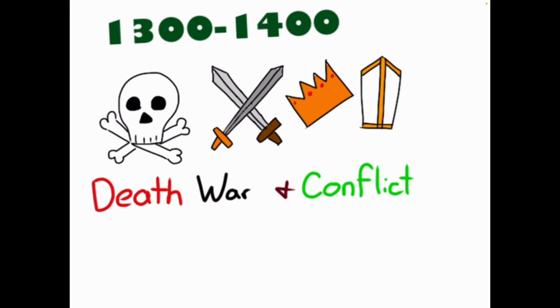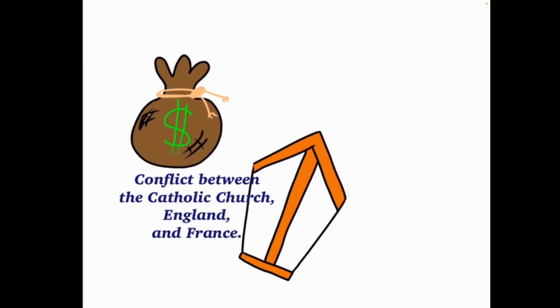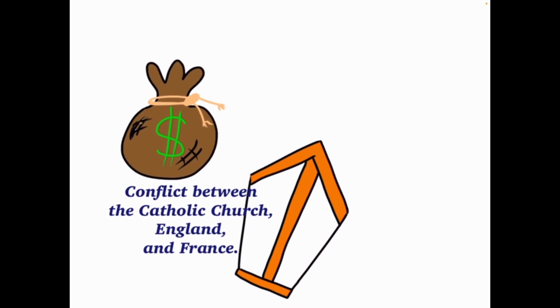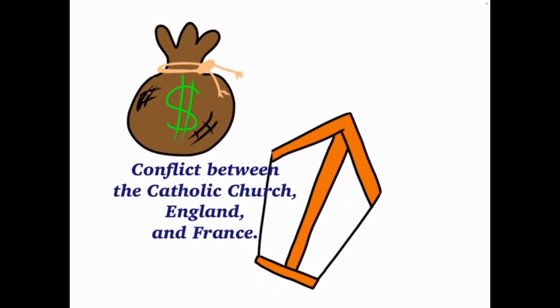How do they get more money? Through taxes. They decide to try something a little bit different than they've done in the past. They decide to go and tax the church, the Catholic Church. They're going to charge the clergy taxes, which the Pope is not a big fan of. The Pope tells them that no one has the right to tax the church except for the Pope, and immediately tells them they're not allowed to do what they are wanting to do.